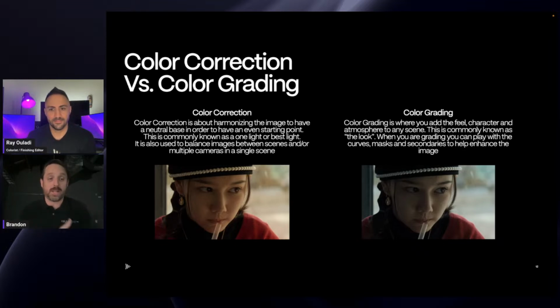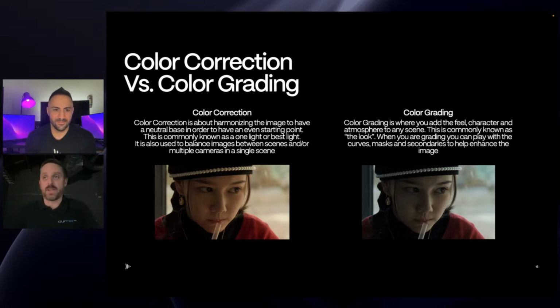So on the left hand side, I shot it. It looks great. It's beautiful. It's warm. But then in the process of telling the story, we needed to change the feel of it, to be more moody, or more of a serious scene. So we shot it with normal sunlight, and we needed to change it to a more cool, darker feeling because of the subject matter potentially. Or I could go the opposite direction and make it look like Barbie, right? That's where the color grading comes into effect, and that's where the colorists and their team shine when it comes to the entire pipeline.